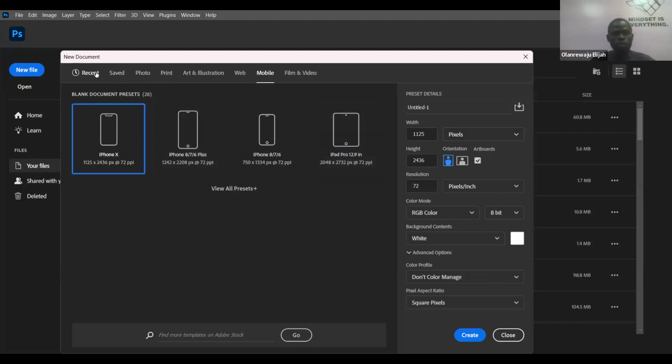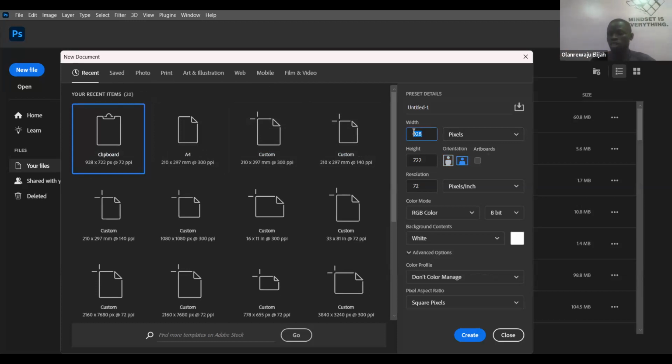Let's say for instance that what we are designing now is a social media post. Usually your social media post is always in square form. Social media posts are the designs that you want to use on Instagram, on Facebook, on LinkedIn, or on Twitter, right?